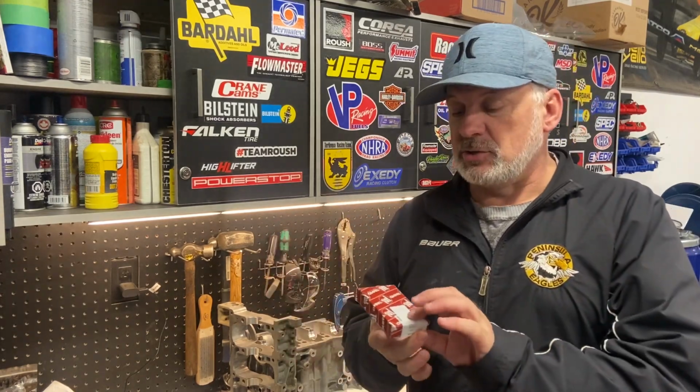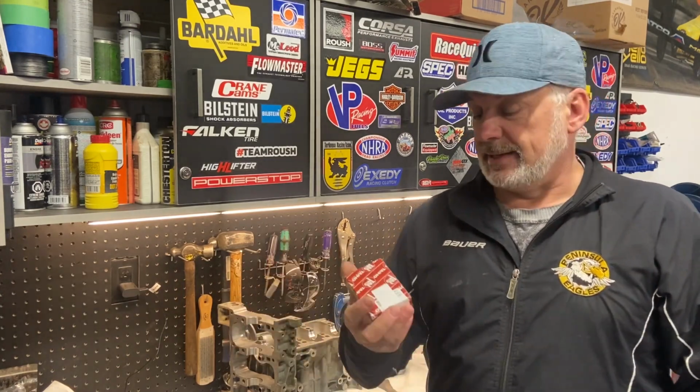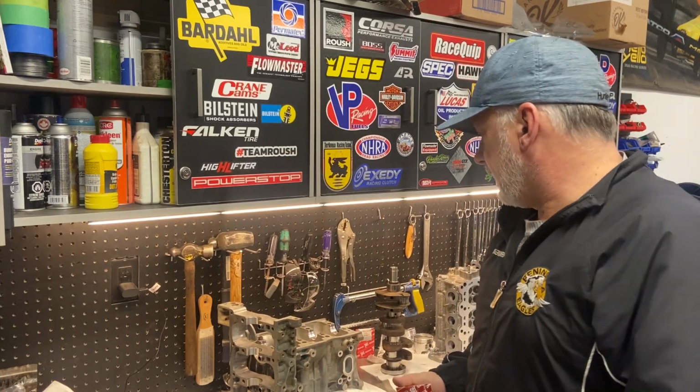Not too sure actually what the problem is. I do know the correct bearings for this engine are 18 millimeters wide, and the other ones that I have are 16 millimeters wide. I could not find anything online that would tell me which goes with what, but I had the supplier measure these, and he sent them, and they're now the correct ones. So with that said, let's just get back to carrying where we left off and checking clearance on our connecting